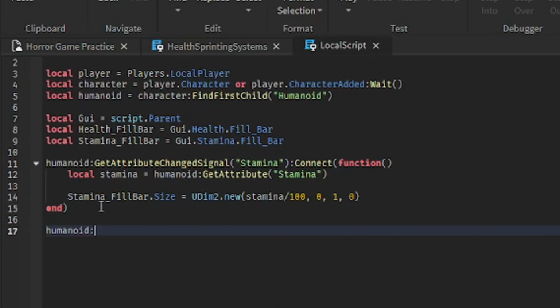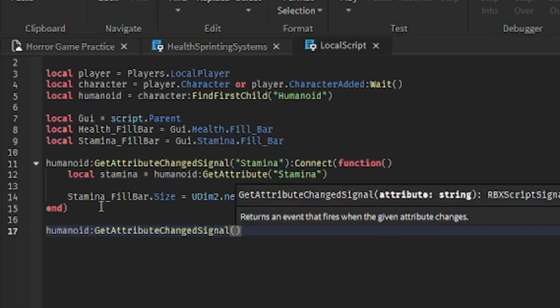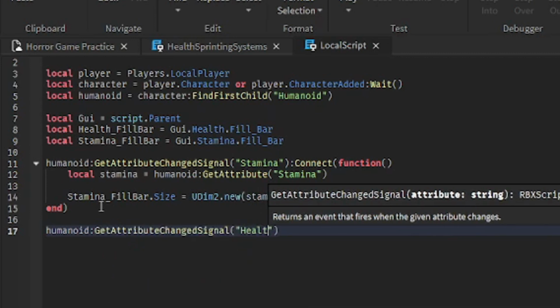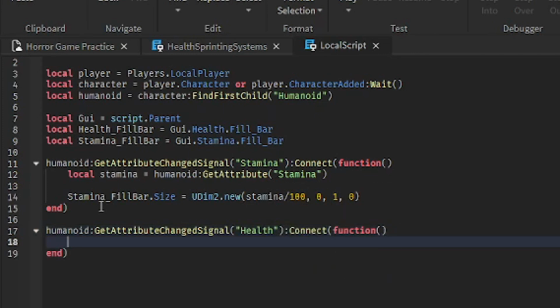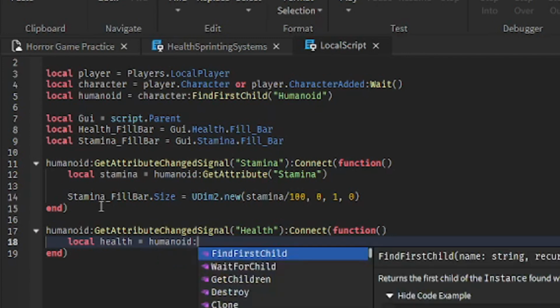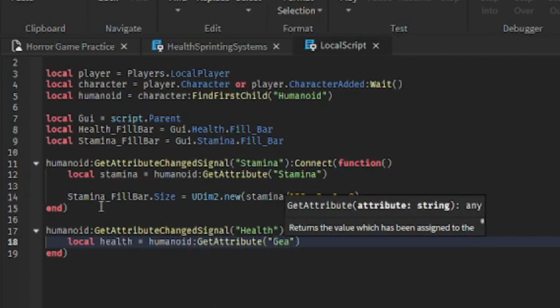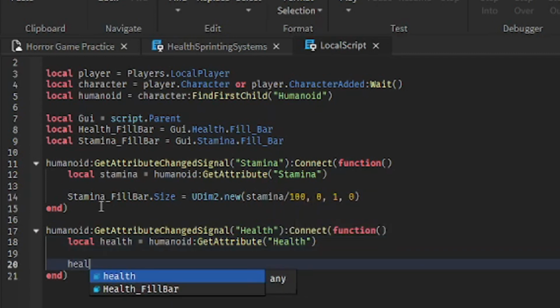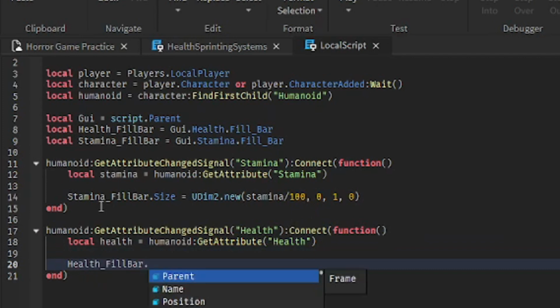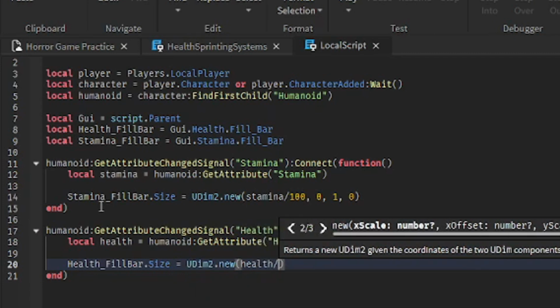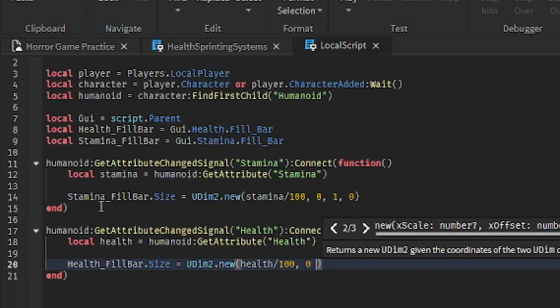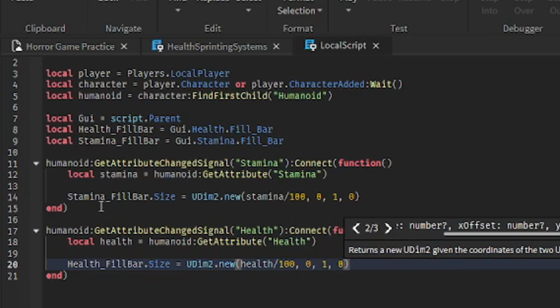Okay, and here we're going to basically create one for health. So humanoid:GetAttributeChangedSignal("Health"):Connect(function, and we're going to retrieve health, and healthFieldBar.Size is equal to UDim2.new(health over 100, 0, 1, 0). Alright,